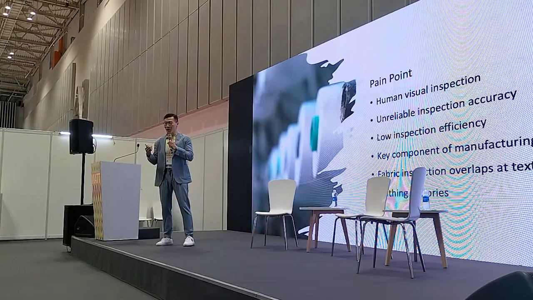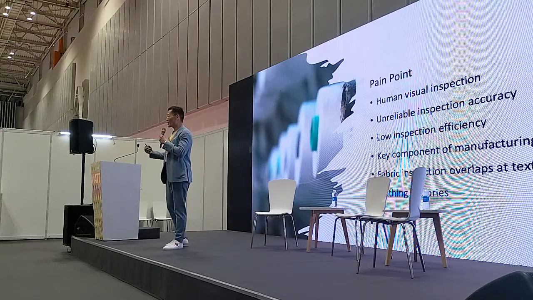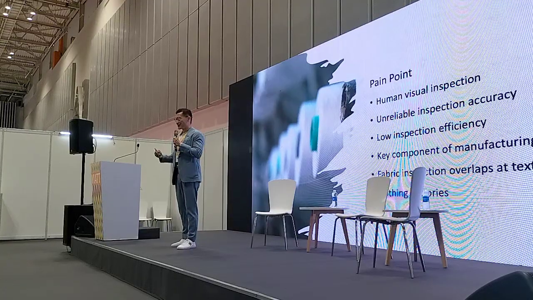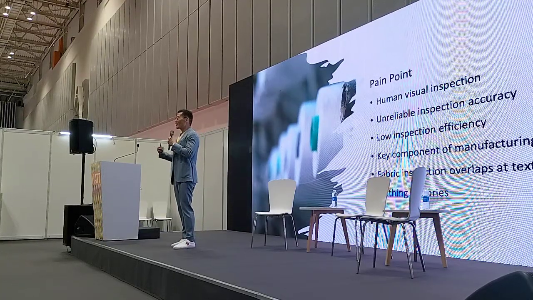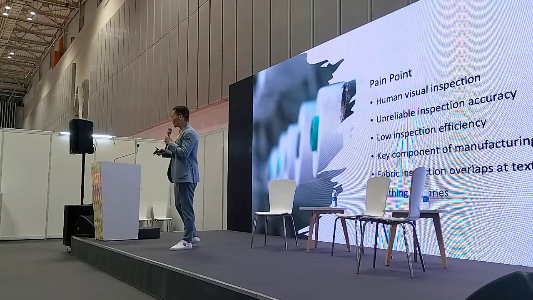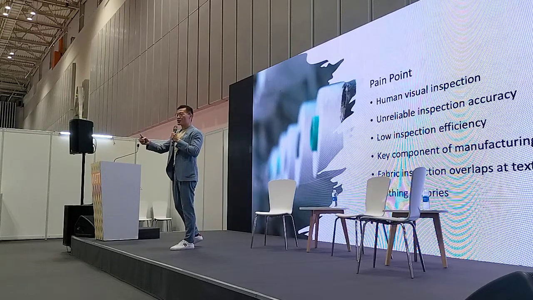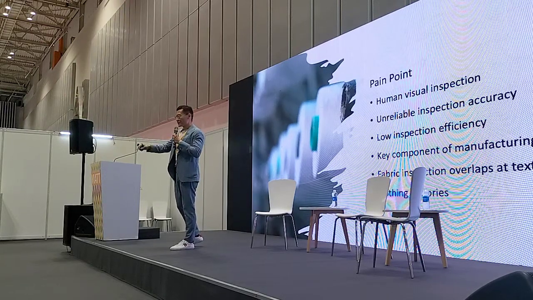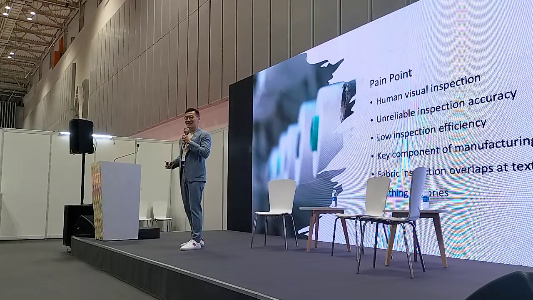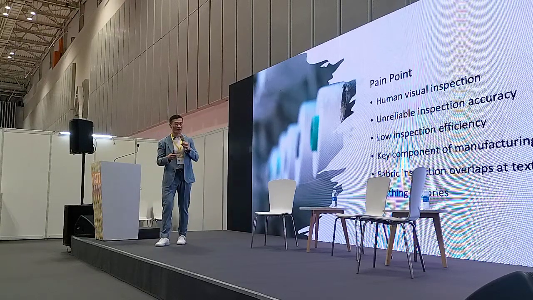But another very ridiculous point is that once the garment factories receive the fabric rolls delivered by the textile mill, they do the same thing again, right? Because I observed that even for those vertically integrated textile and apparel manufacturers, even the textile mill has done the 100% inspection on the fabric, the downstream garment factories still inspect the fabric rolls again. So it is very ridiculous, time consuming.